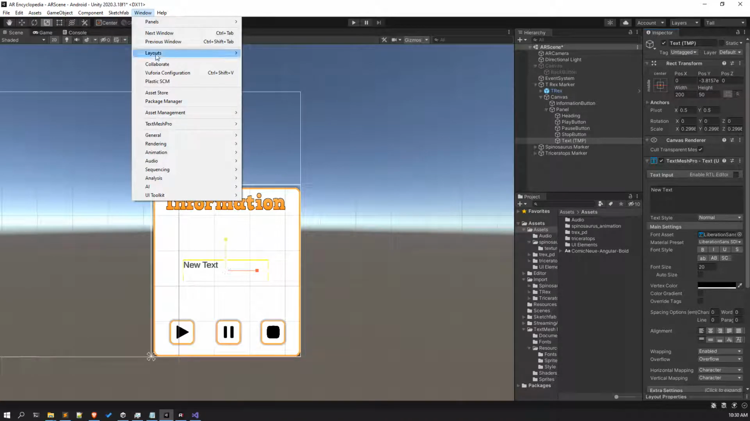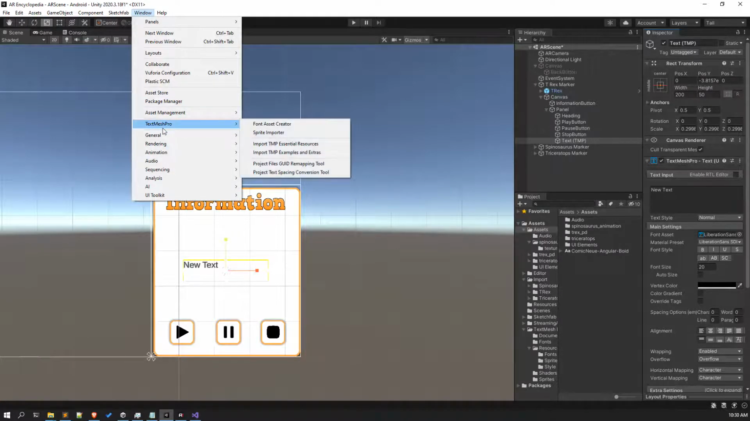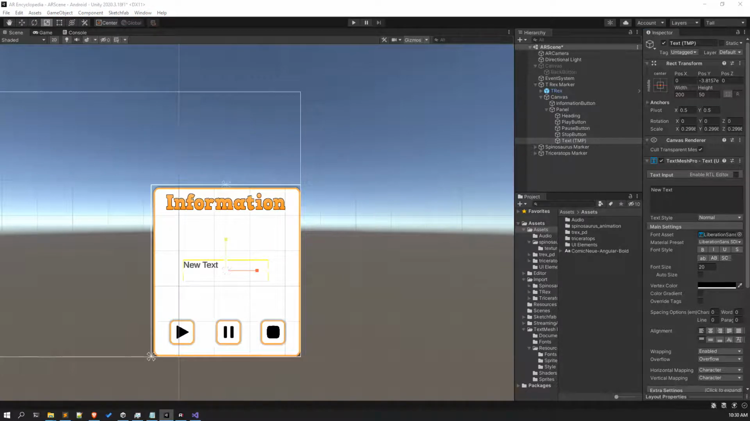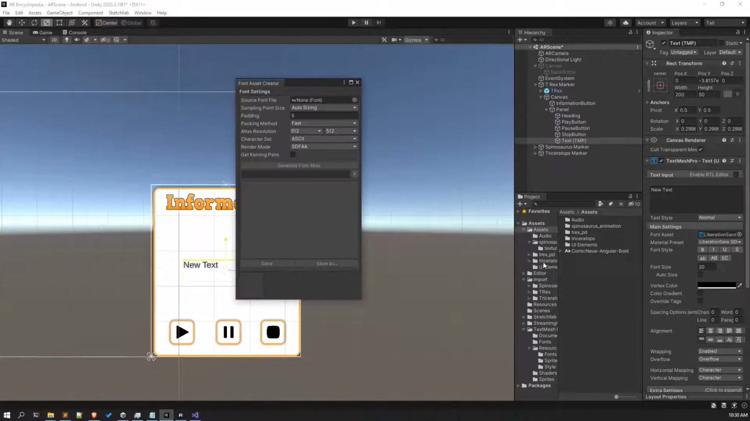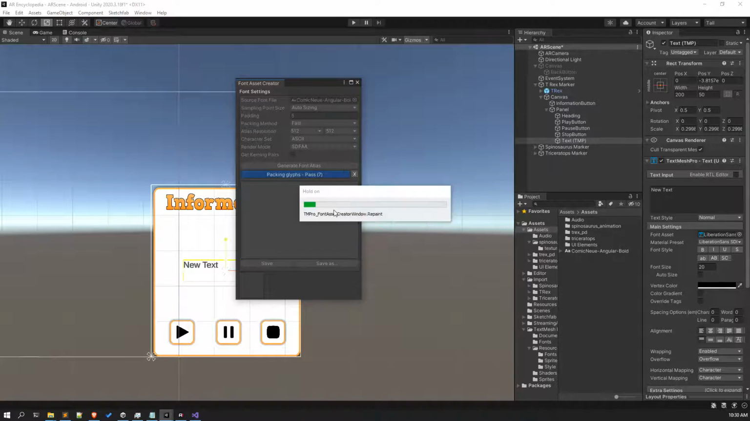Click on Window. We'll be finding Text Mesh Pro. Click on Font Asset Creator. A window will be popping up. Drag and drop this font asset in here. Click on Generate Font Atlas. It's going to take a few seconds, and it will create the font asset for you